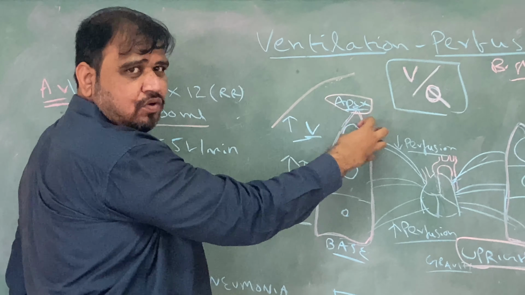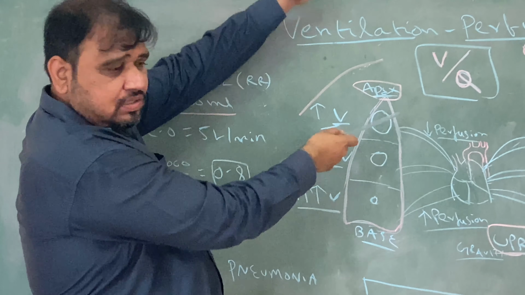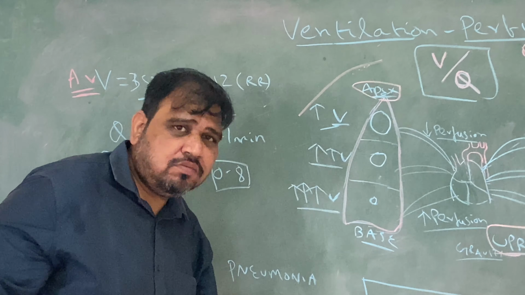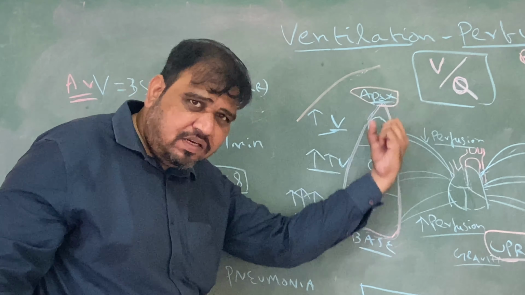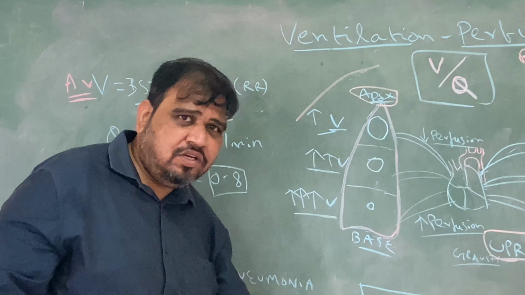Now we know the reason why in apex the lung is inflated, why in the base it is not that much inflated before inspiration. The reason I told, that is because in apex the chest wall and lungs are moving in opposite directions, whereas in base diaphragm is moving downward as well as the base of the lung is trying to move downward because of gravity. Now why is there increased ventilation in the base? Because this has more chance for expansion.